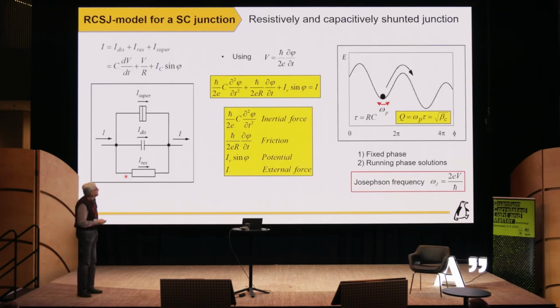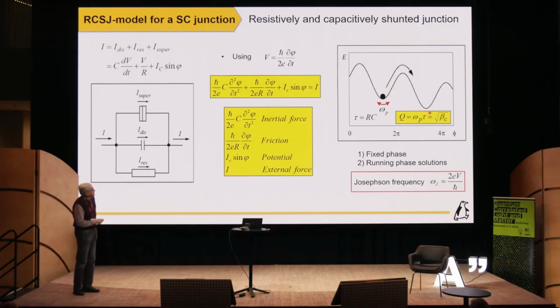The regular model for studying these things is the so-called tilted washboard potential, which is illustrated here. You can write down the current through a Josephson junction: the supercurrent, displacement current, and resistive current, and then you get this kind of equation of motion for your system. Here I is the bias current through your system, and this is basically equivalent to motion of a phase particle in a washboard potential which is tilted by the bias current.